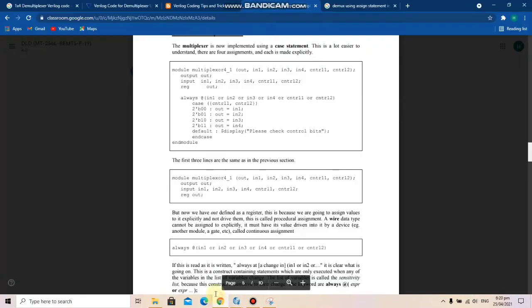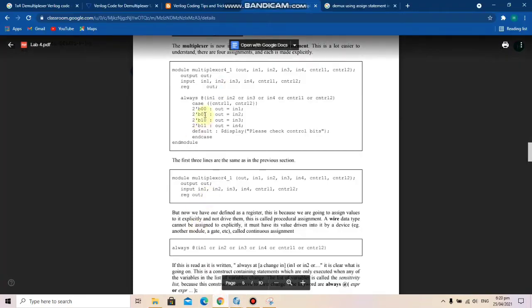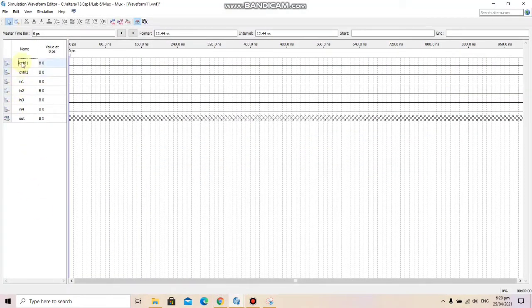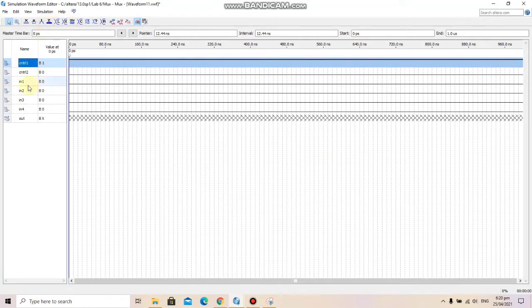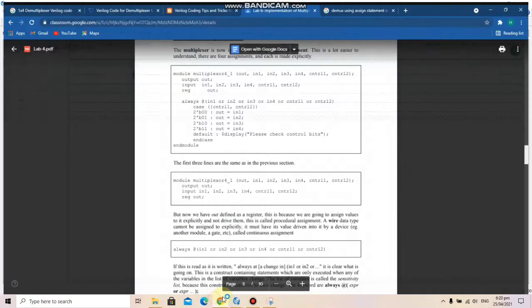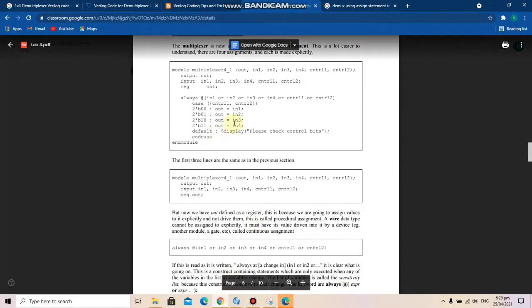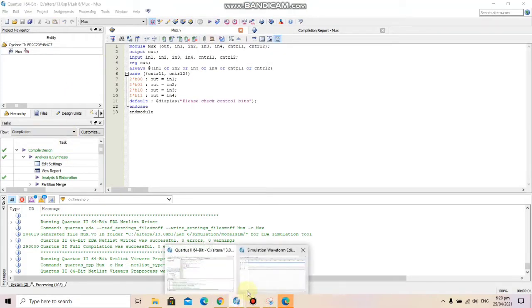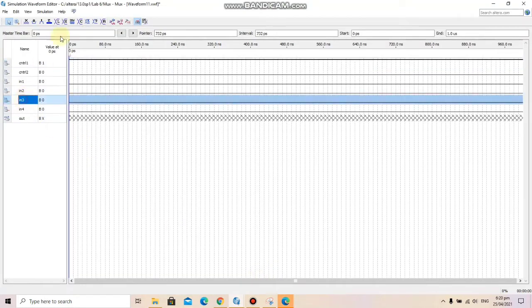So let's give it the condition. The third condition is 1 0, which means control 1 will be 1 and control 2 will be 0. So our output will be input 3. So let's open our input and change the value of input 3.